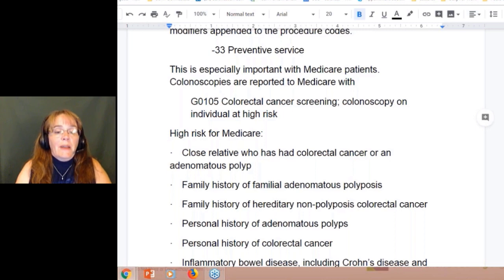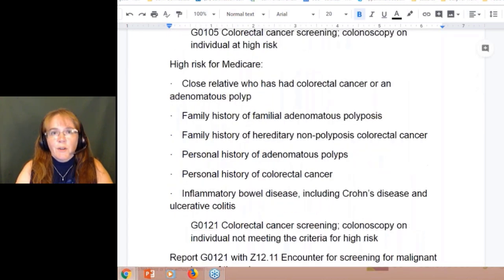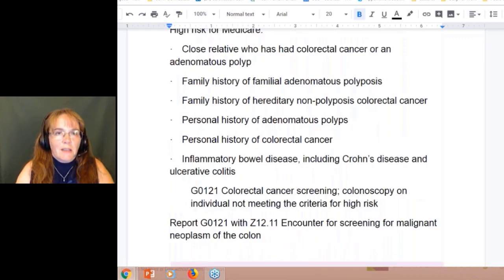So a high-risk patient is considered somebody who had a close relative, their brother, their mom, who had colorectal cancer, or an adenomatous polyp. I know I probably didn't say that right. Or a family history of hereditary non-polyposis cancer, a personal history of polyps, a personal history of cancer, that of course bumps you up to your higher risk. Even if you have inflammatory bowel disease, IBD, Crohn's disease, ulcerative colitis. So some of these things say, wait a minute, you're in a different category now,